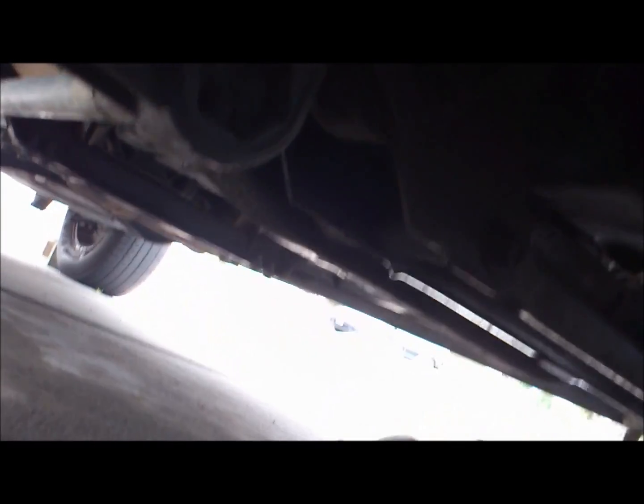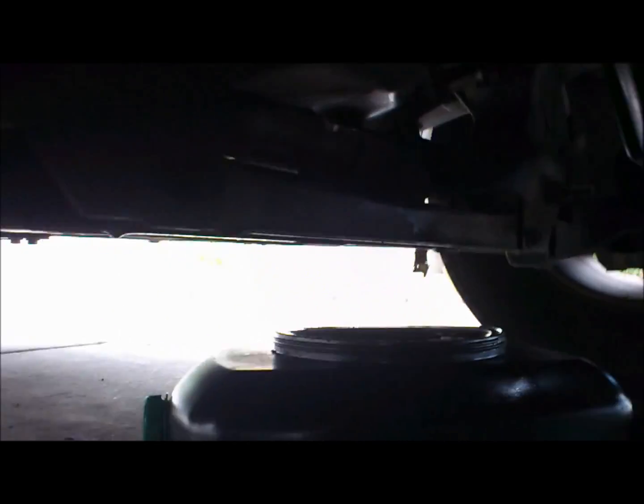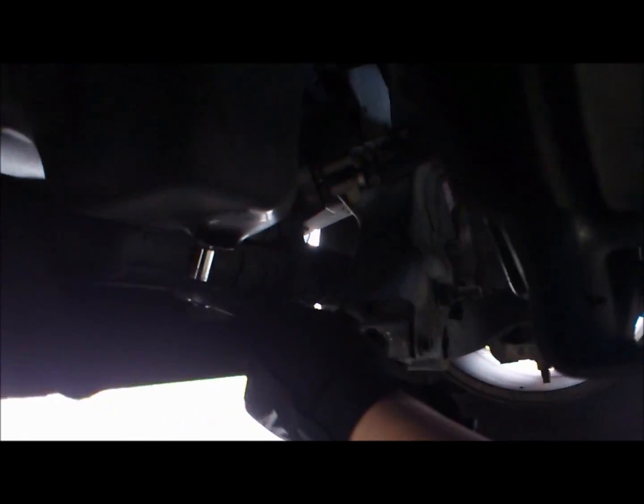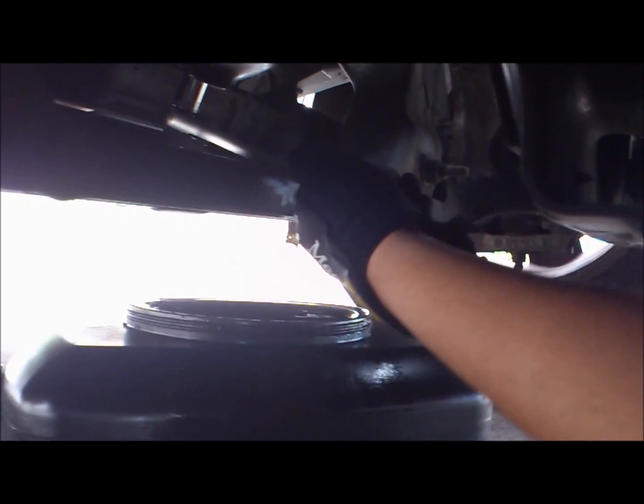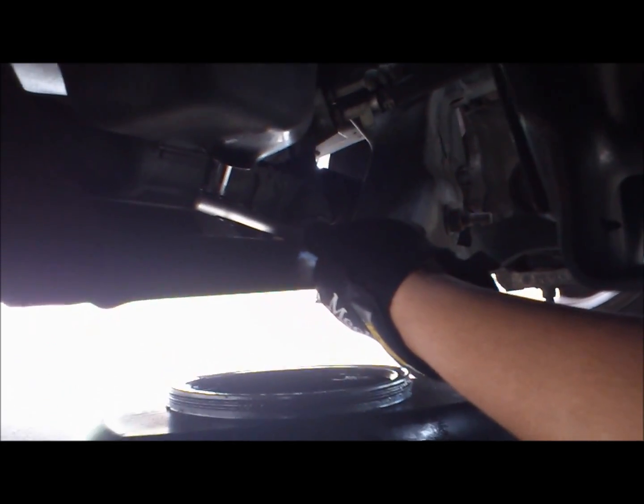Let me fix my glasses. Alright. Since people complain about rushing, I'm kind of in a rush right now. I'm not gonna rush the oil change for this car, but